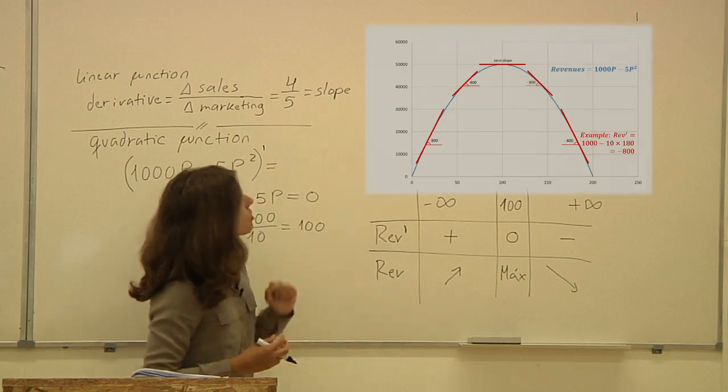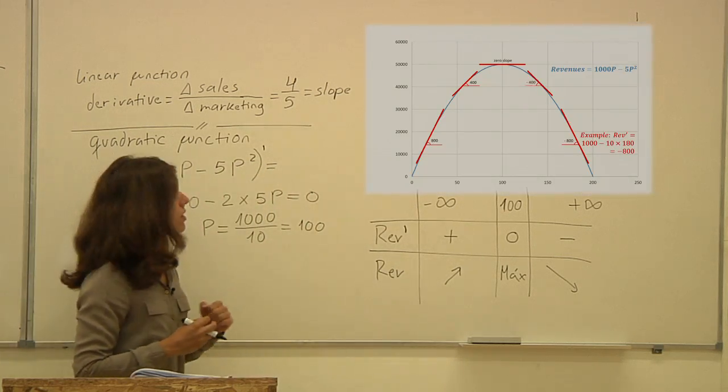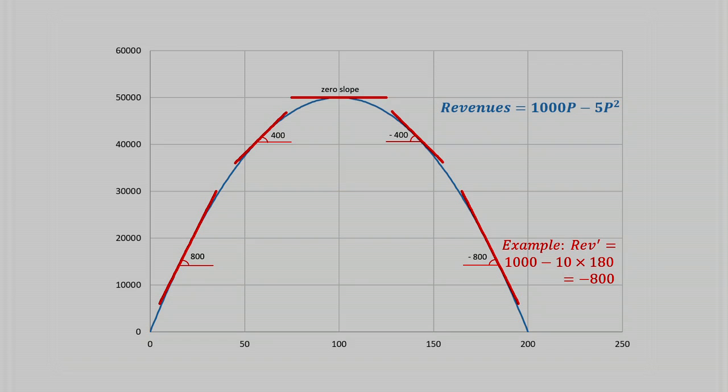Let's see the graph again, right? So until p equal to 100, we see that the revenues are increasing, and after that, the clients do not buy so many surfboards, and therefore your revenues will start decreasing. So wrapping up,